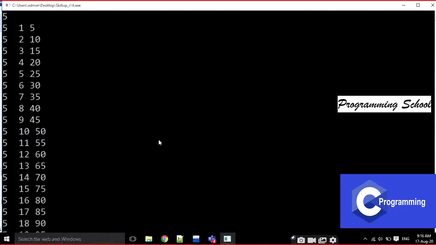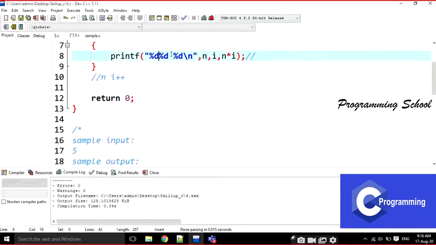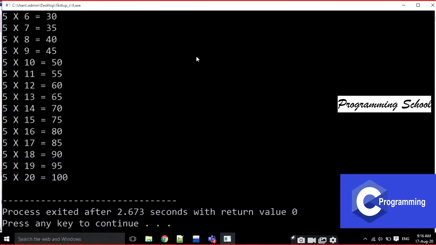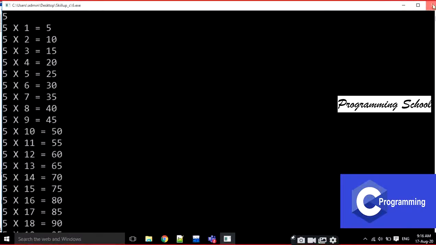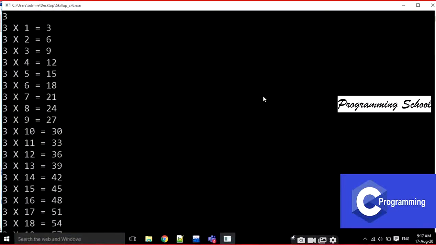Okay. Our task is completed, but we have to make it look nicer, like this. Multiplication and is equal to. That's why I am going to write here multiplication like this. That's it, nothing else. Some x I'm printing here x and is equal to. If I execute it, if it is 5, the output is like this. For example, if I execute it with 3, it is going to print the 3 table up to 20s.